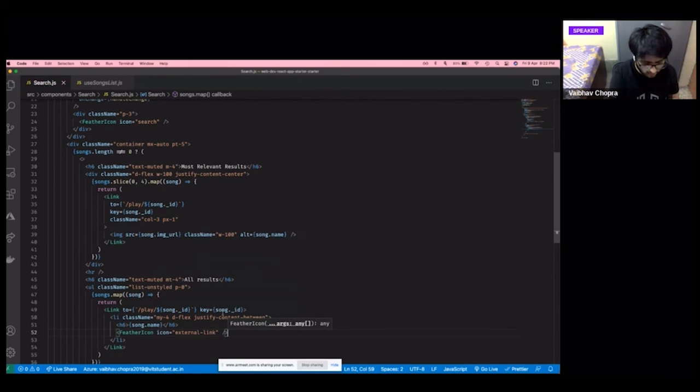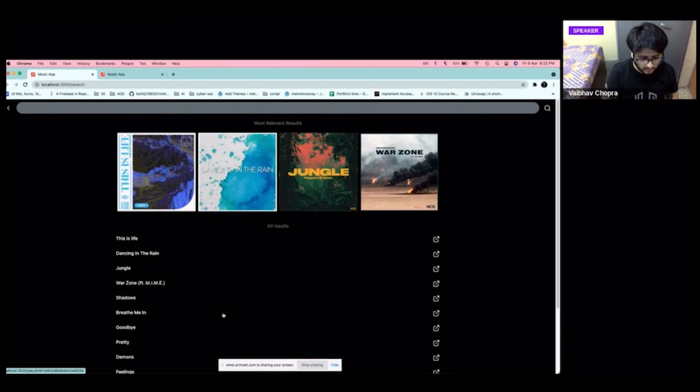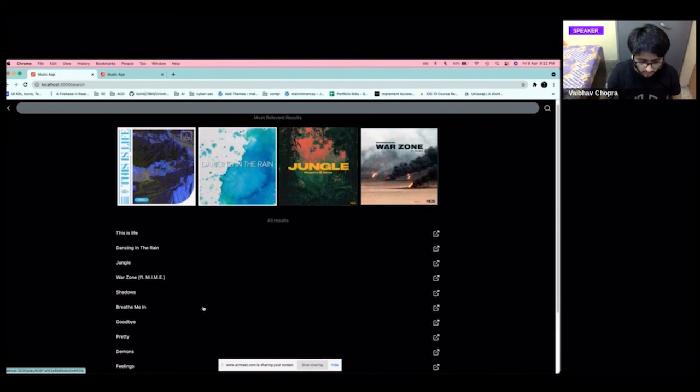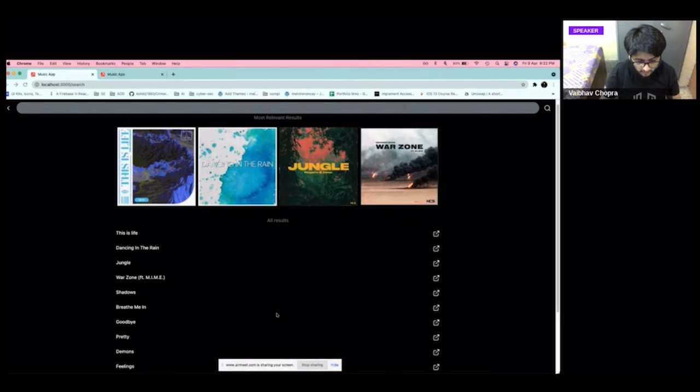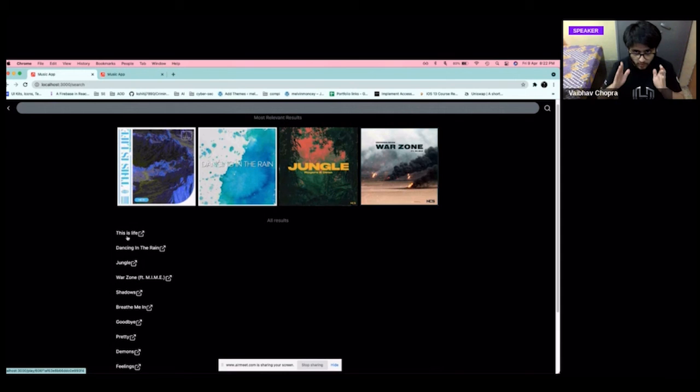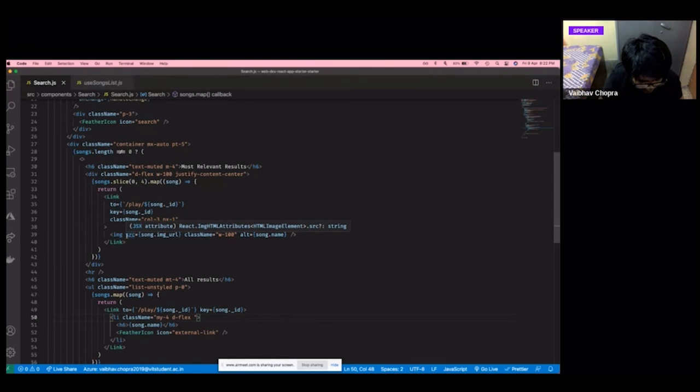If you don't want this in your UI, you can choose to skip that. See, now it is appearing. What was the difference that was made by adding justify content between, you might ask? So let's see what happens when I remove justify content between and save. Basically, it will get stuck together. So if you want to allocate the remaining space in this flex box, I'll allocate that to be between the two. So that's why justify content between is required.